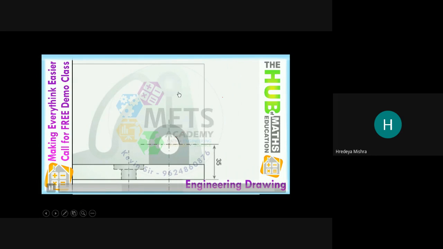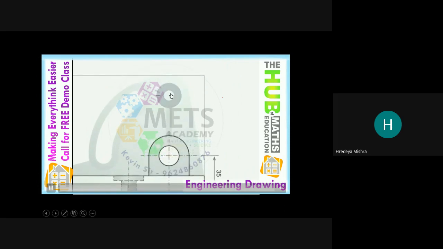Here we can see this section also. There is a hole. See, the hole is also visible.